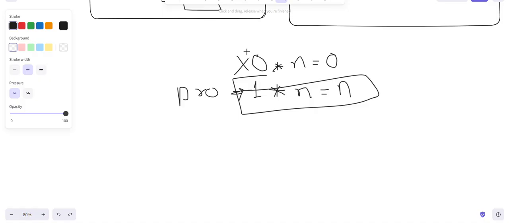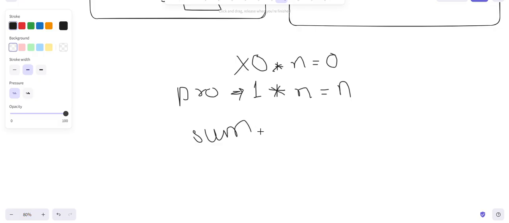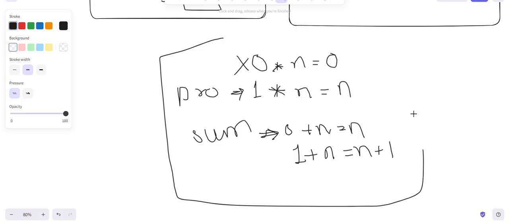This is the first case. And talking about one more thing, that is in sum. Whenever you are calculating the sum of anything, initialize it with 0, because 0 plus n returns n. And if we initialize it with 1, 1 plus n will return you n plus 1. So this is a small concept everyone knows. I just thought that if there might be a beginner who does not have the exact knowledge, this will help